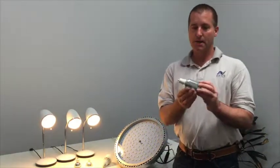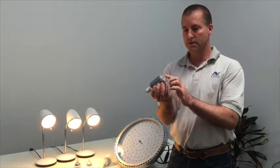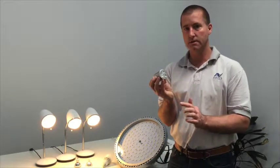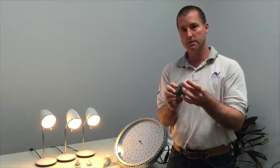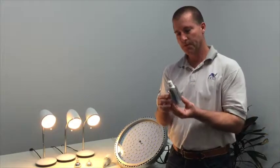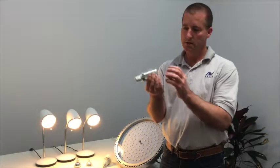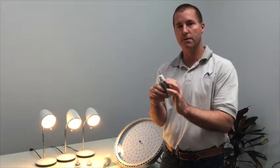So there's a few things that make up a white LED globe. You've got a little LED chip, you've got, in some cases, a lens to focus the light, and a good heatsink, and you've got a power supply in here which converts the power coming in to the right voltage to suit the LED chip. This particular one here is 9 watts. It's 3 watts per chip, and then a nice big heatsink to draw the heat away to keep the chip